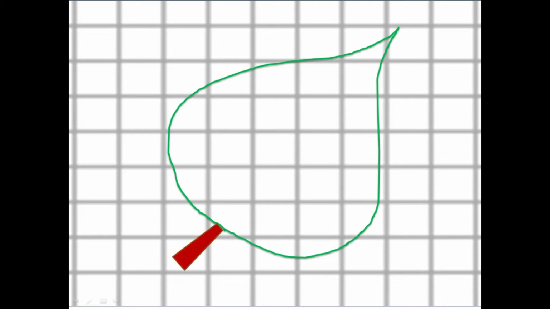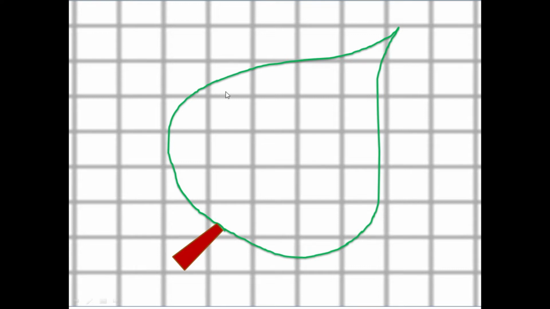Children, you can see here a square boxes paper, and now the boundary of the leaf, which looks like this. After drawing the boundary of the leaf, we are going to calculate the area. And to calculate the area, we have to count the squares inside the boundary of this leaf. And to count the squares, see here children carefully, some squares are complete and some squares are incomplete. Means some portion is lying inside the leaf's boundary and some portion is lying outside the leaf's boundary. So we have to consider both, but what way?